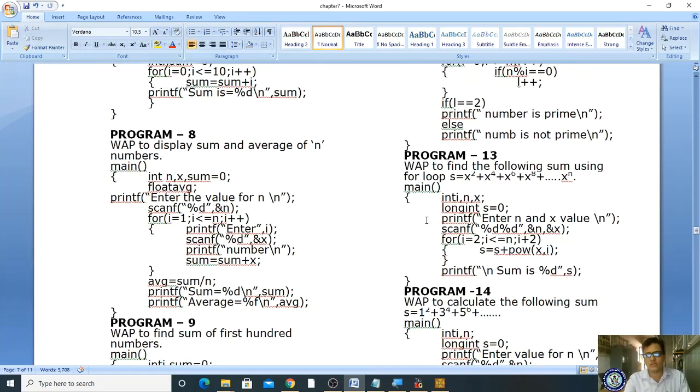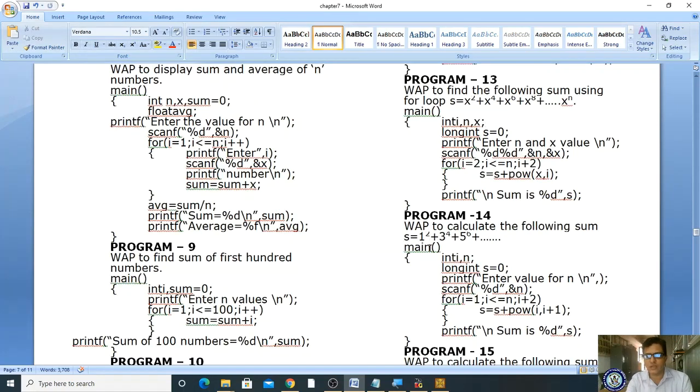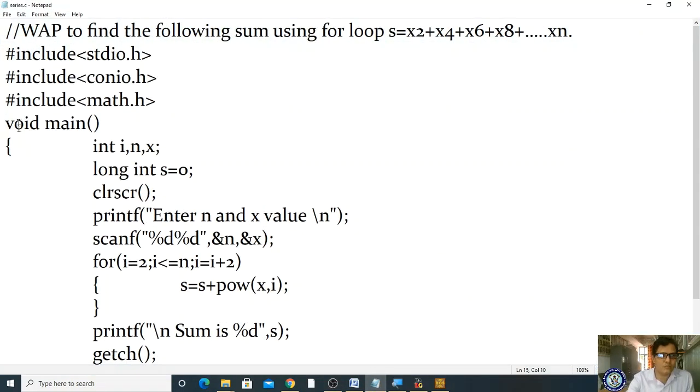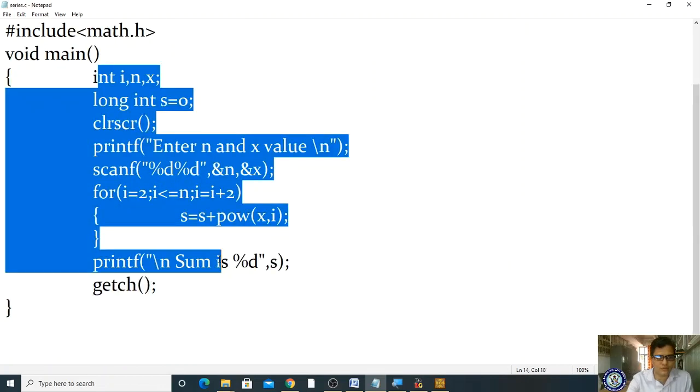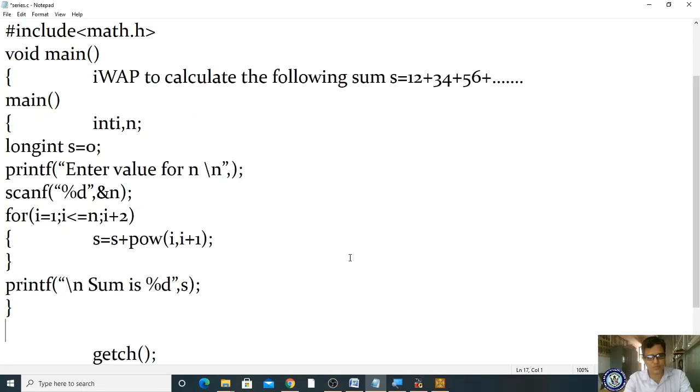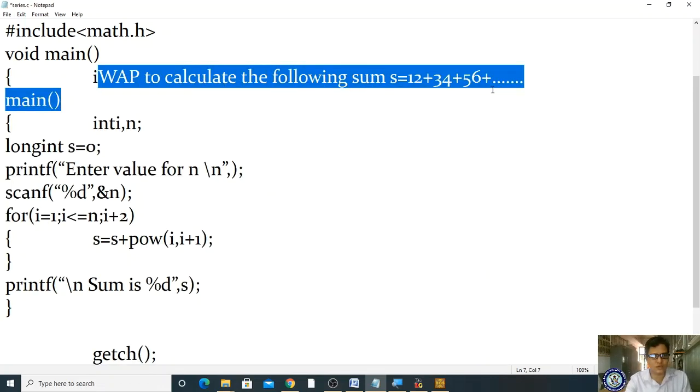Okay, so now let me see another series. What is the other series it has given? Here 1 square plus 3 power 4. Please observe here. The power values are increasing by 2, and the base value is also increasing by 2. To do this program I'm copying, and I'm taking Notepad and modifying here itself only. Already we have taken, right? I'm modifying. Let me paste, and you know this is the series our question.